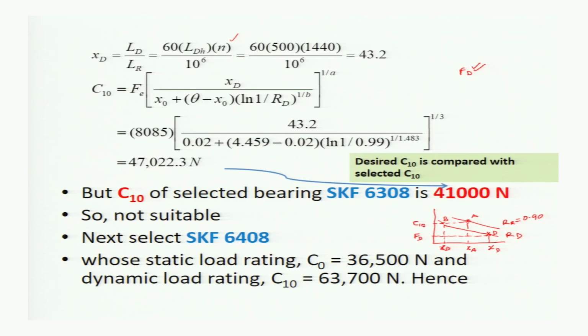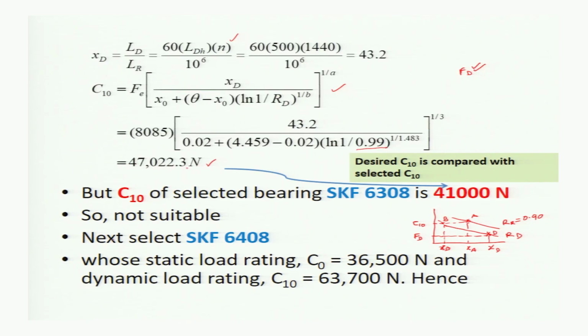Well, C10 is the desired dynamic load capacity, F equivalent is the desired, and the formula which we had just studied will be used, knowing the values of the variable parameters x0, theta and b. Those values are given and so we got the value of C10. This R desired is your 99% or 0.99. So, C10 which we obtained is